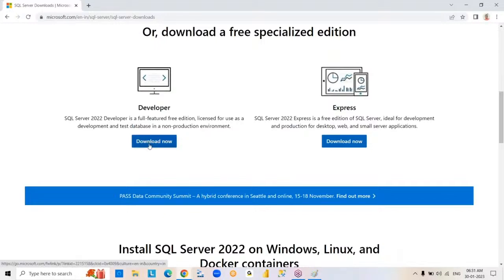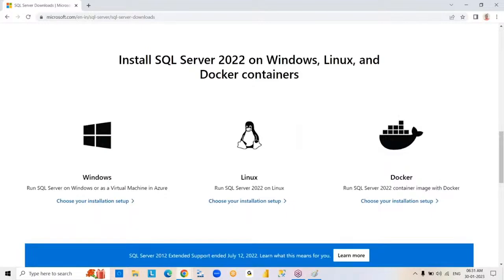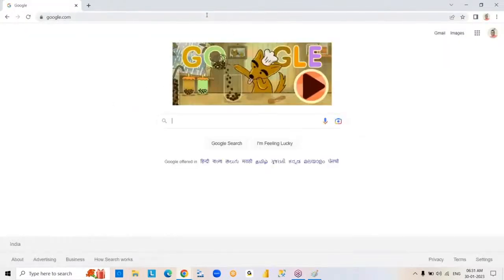If you click on this download button, download under Developer, but not Express. See that here it is showing Developer edition, Express edition. Even this Developer edition is also a trial version for us, for practice purposes only. Okay. So you can download it and install. Okay. Now, an installation video I will share. Next, after completion of the SQL Server installation,